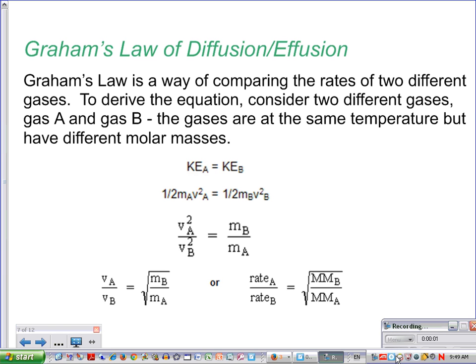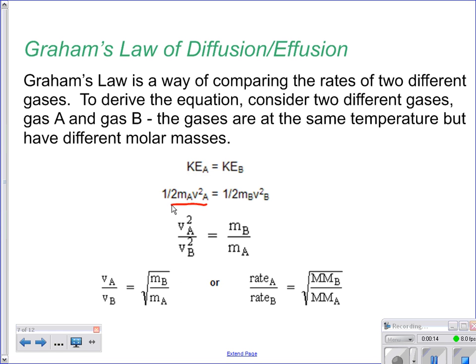Do something a little bit different, and it's not going to be quite the same as the gas law problems that we've been looking at, but we're still thinking about gases and how they react, what they do. So on the first day of notes, if you remember, we said something about this equation. We said that kinetic energy is equal to 1/2 mv squared, and there were those few videos that you guys watched. I didn't really address it in those videos, but I said kinetic energy is equal to